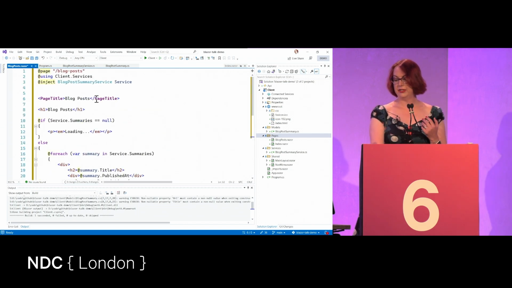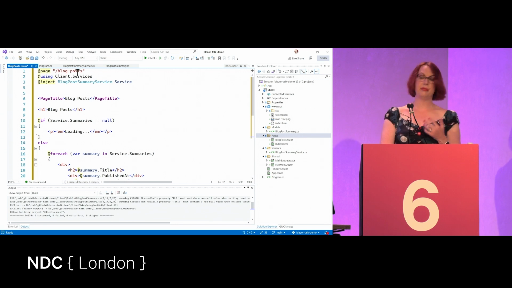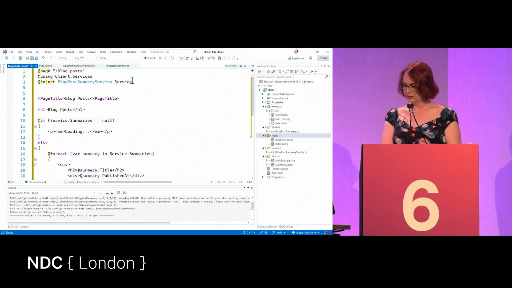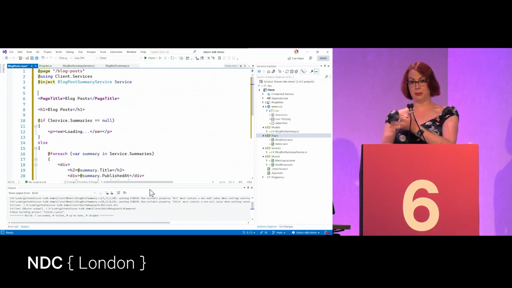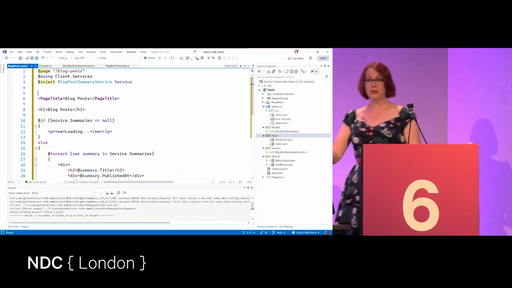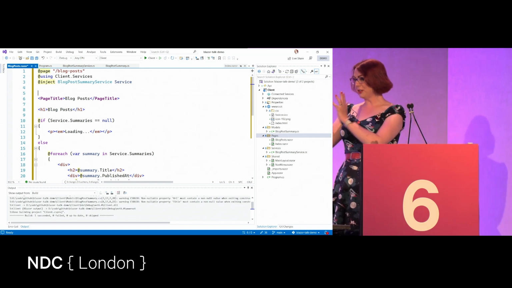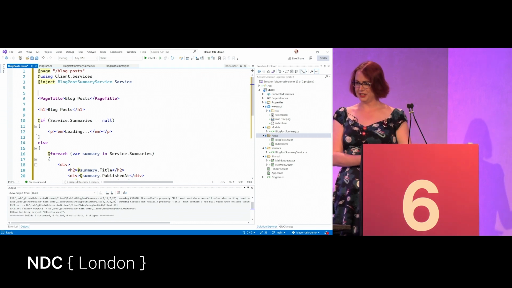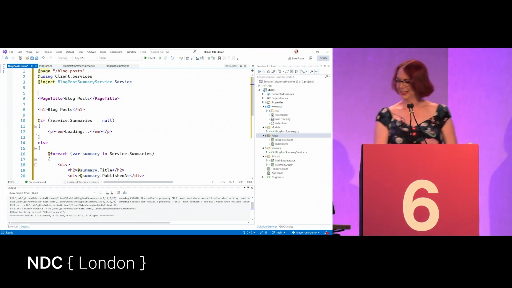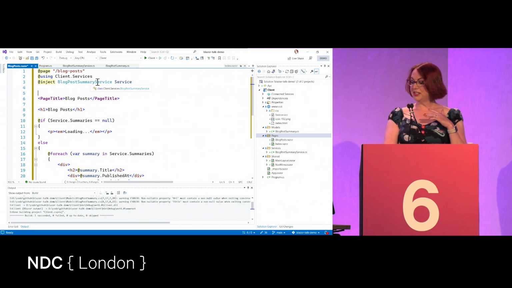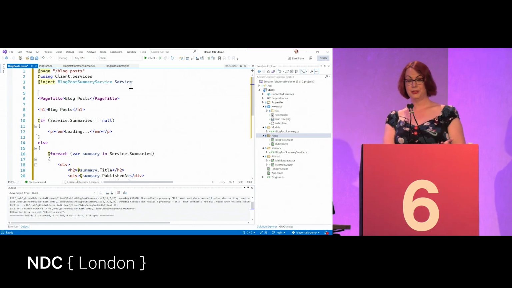So what do we have inside of here? Well, we have a using statement for our client.services so that we can get access to that new blog post service we made. We have a page directive at the top, and this is what turns it into a page. Jimmy, please correct me if I'm wrong here. All pages are components, but not all components are pages. Thank you. We are injecting our blog post summary service so that we can use it to display our blog posts,